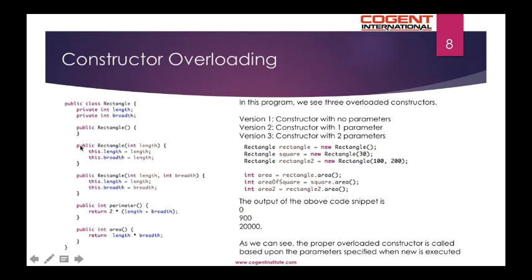Also note that if we have a parameterized constructor, the default constructor is not automatically added. The default constructor is the constructor which does not take in any parameters and is added automatically by the compiler when there is no parameterized constructor. The moment we add a parameterized constructor, this is also expected to be added by the programmer.